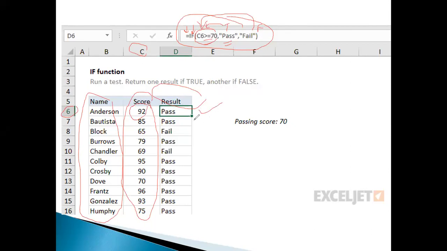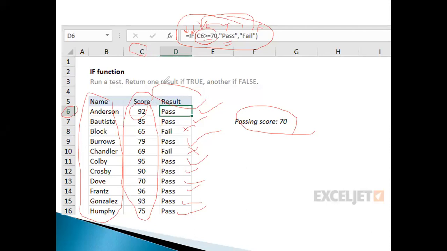So this is pass, this is also pass, and since this is not greater than or equals to 70, this is fail. This is again pass, this is fail. The remaining ones are all greater than or equals to 70, because the passing score is considered to be 70 here. Accordingly, we get the result as pass or fail.